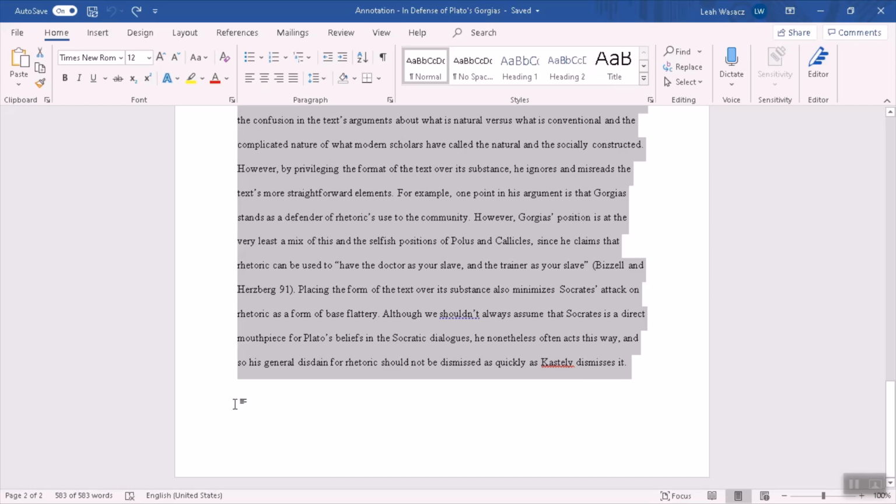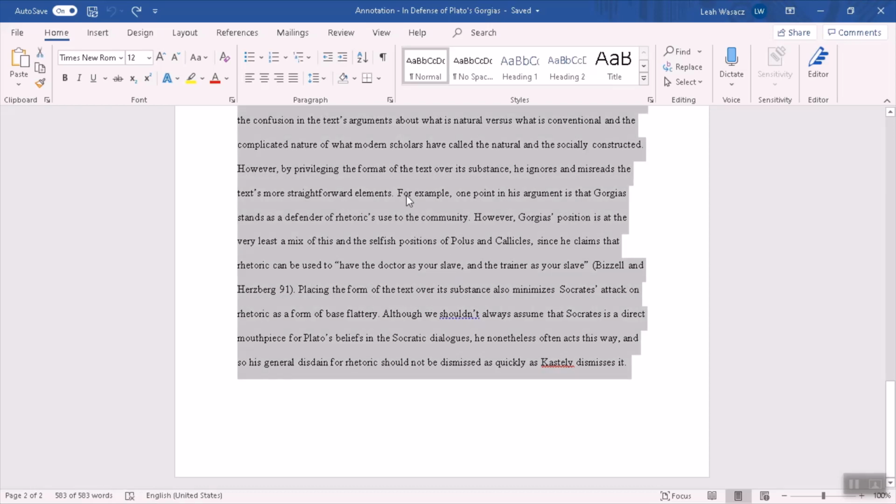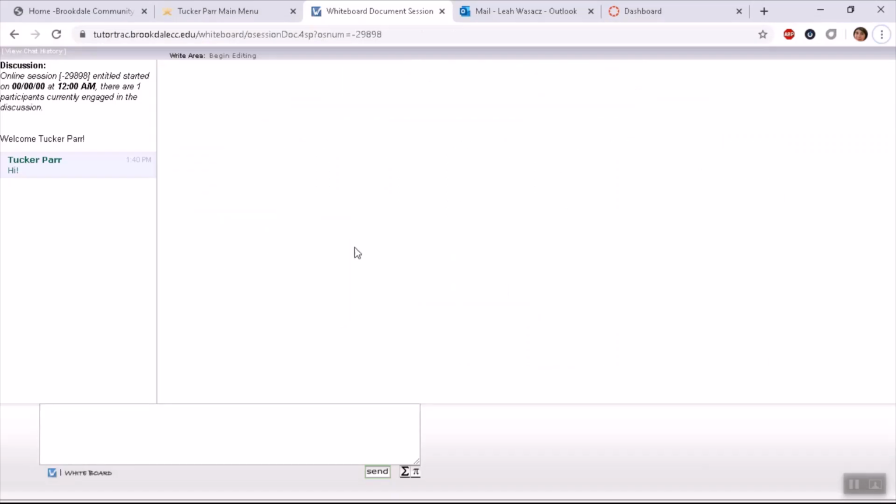Or you can click Control-A in order to select all the text in the document. Either way, get all of the text of your essay and go back into the right area. Now, go to this button up here that says Right Area, Begin Editing, and click it.